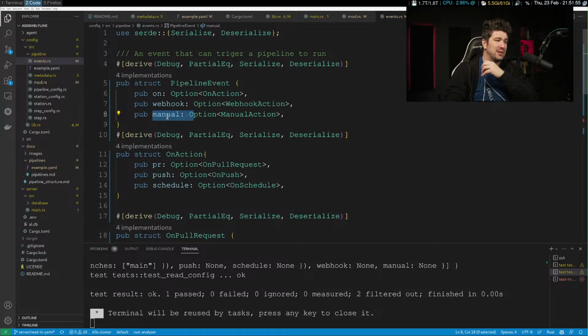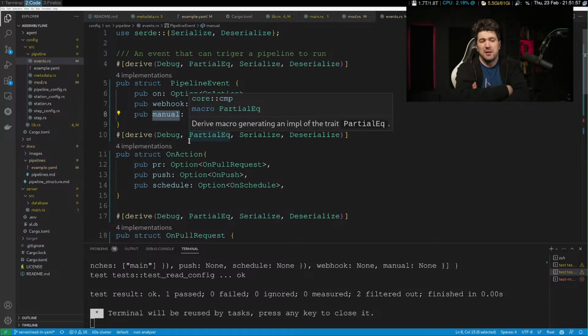I was thinking there would be an event called manual. Because the reason I was thinking there would be an event, and it would just not be no event, is because you'd probably want to declare what inputs you want in it.